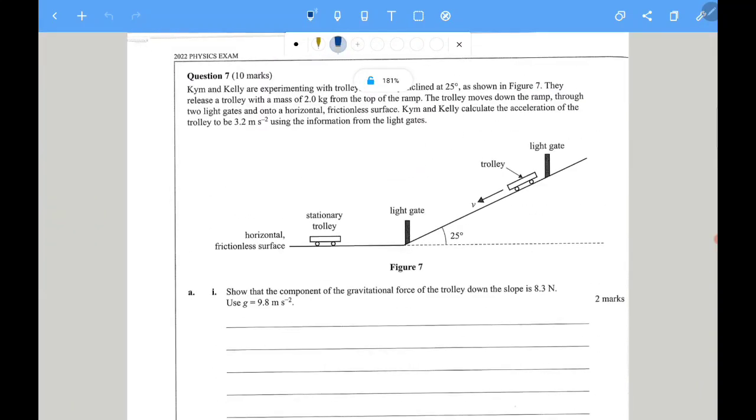All right, so finally we passed area of study 1 and 2. So Kim and Kelly are experimenting with trolleys on a ramp inclined at 25 degrees. They release a trolley